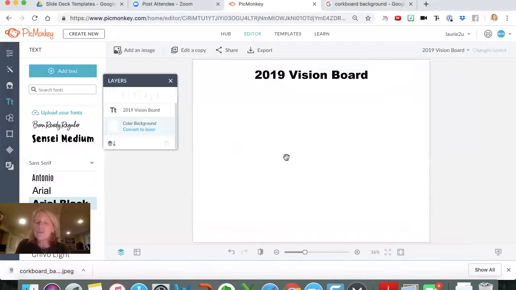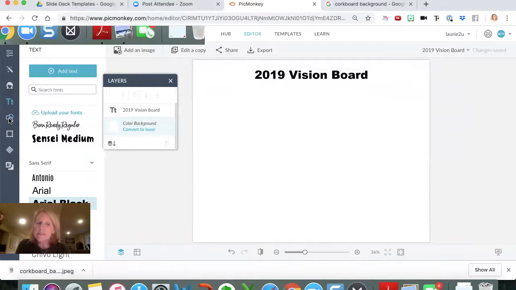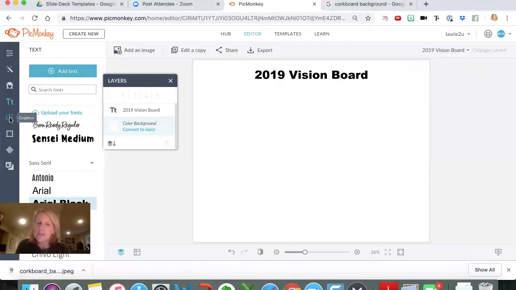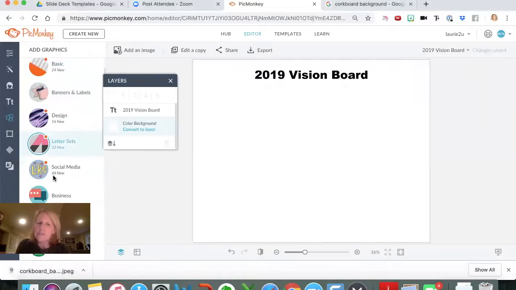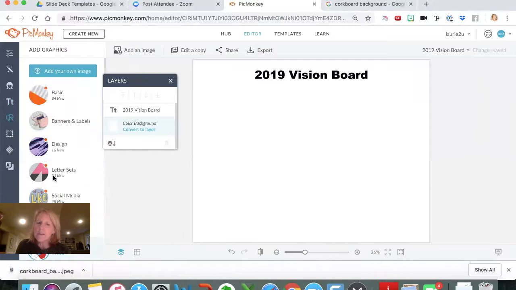So what you do when you bring an image in, it says graphics. It's a little icon over here on the left. You click on that. And there's all kinds that you can pull up, I mean, you could get lost in this program just trying to pick.